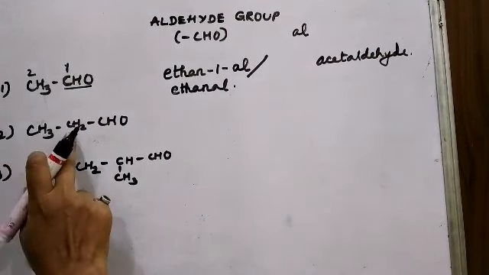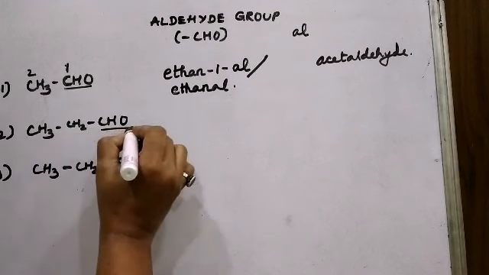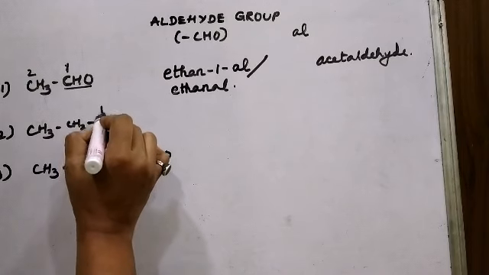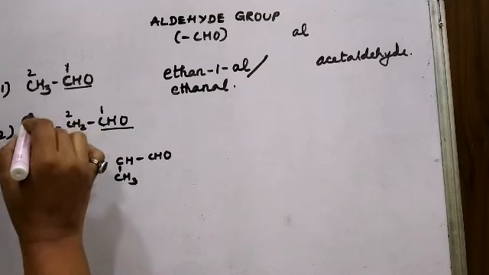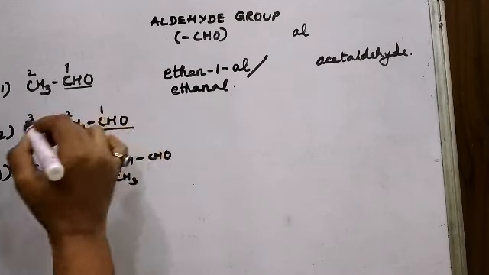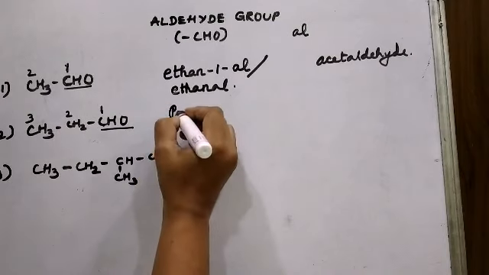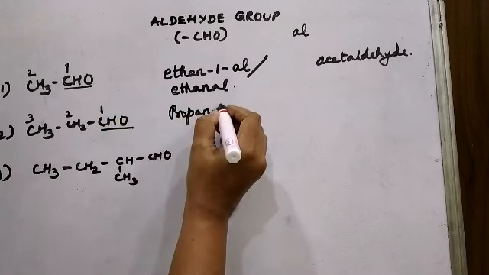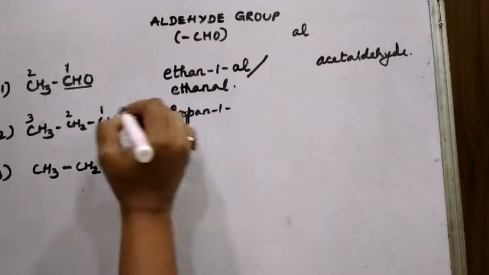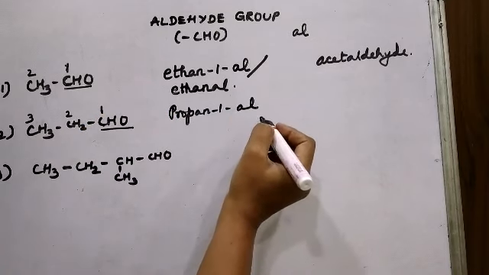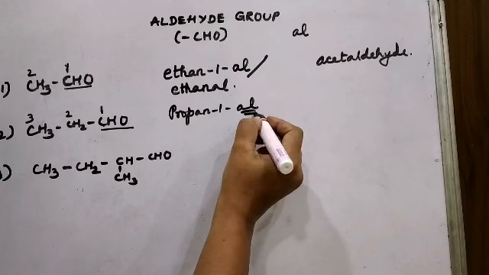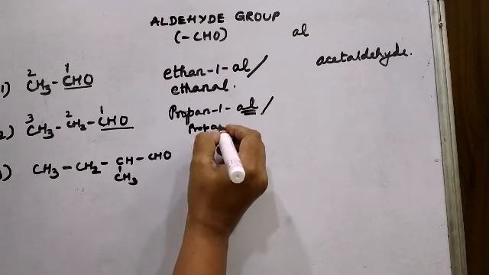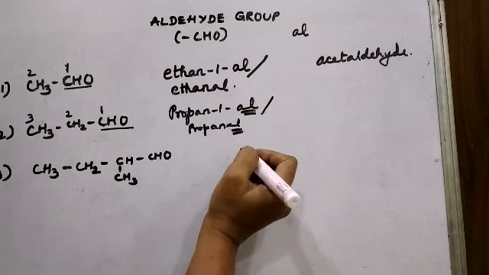Second compound, CH3CH2CHO. So CHO, this is a functional group, the aldehyde group. Assign the lowest number to the functional group. So this functional group contains carbon atom. We will put carbon atom number 1, carbon atom number 2, carbon atom number 3. So there are 3 carbon atoms in the straight chain. The root word will be propan. Aldehyde group is on carbon atom number 1. So 1. And since it is an aldehyde, the suffix used will be propan 1 al. Suffix will be al for aldehydes. So this is propan 1 al, or we can also write it as propanal. Propanal. Just remember that the suffix has to be al.